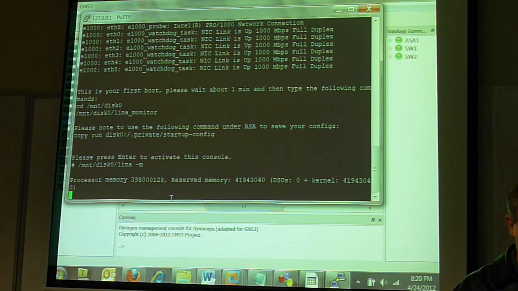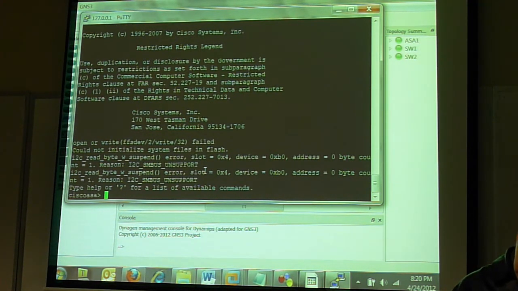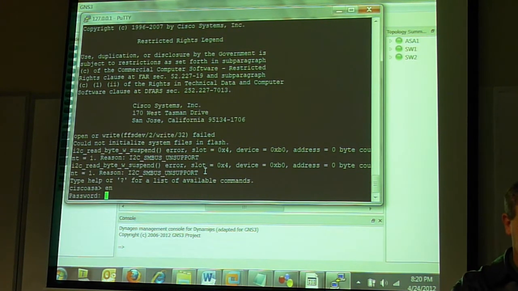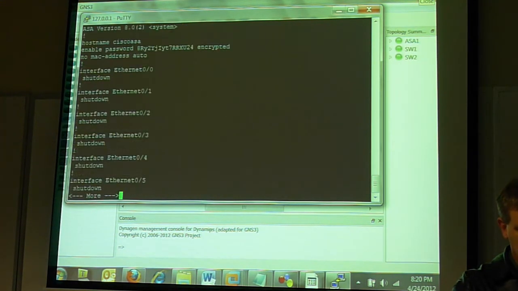Interesting. Not going to work right now. There we go. That mounts the drive. And you come to the Cisco ASA prompt. You hit enable, the password is defaulted to blank. If you do a show run,